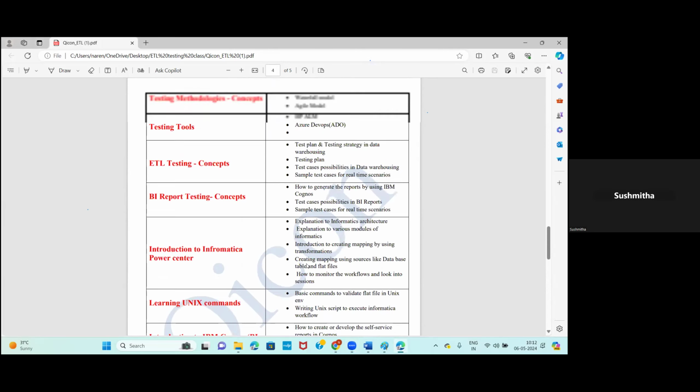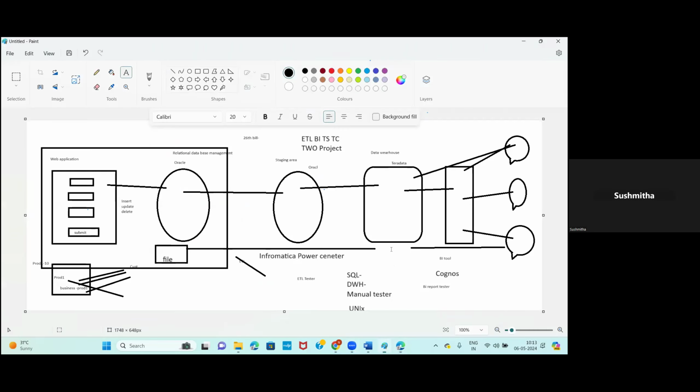I have one doubt here. What will be the automation tools used in ETL testing? Do we have any such tools? We need a tool to automate the test cases. Yes, yes, we have a tool for ETL automation,